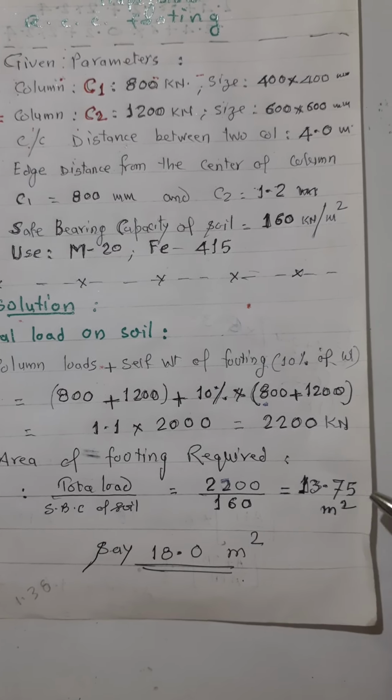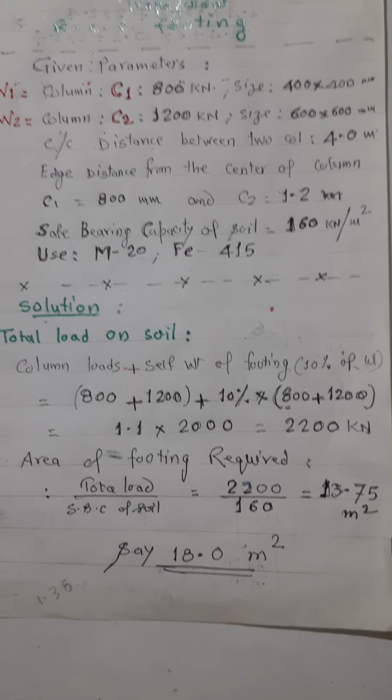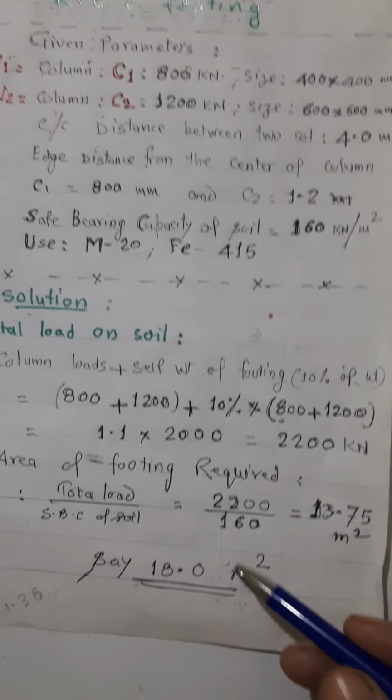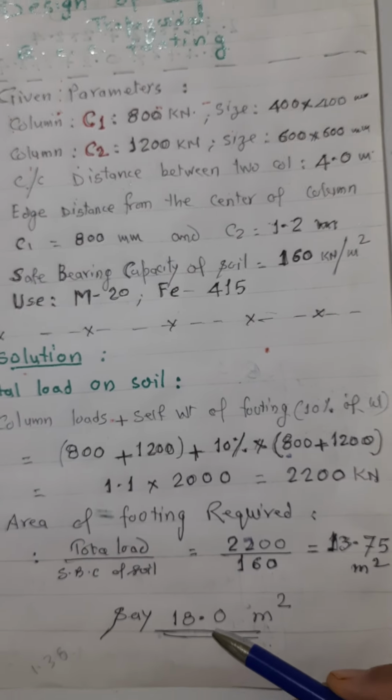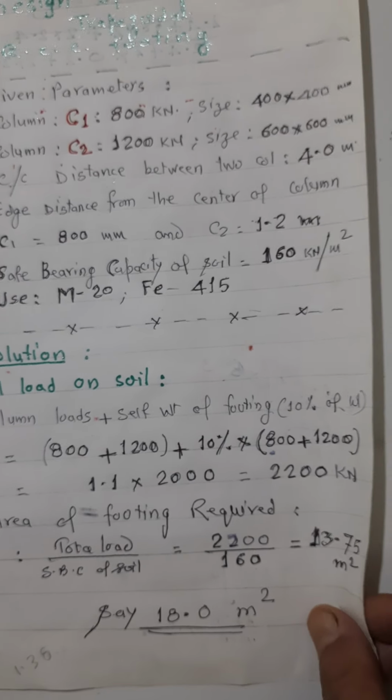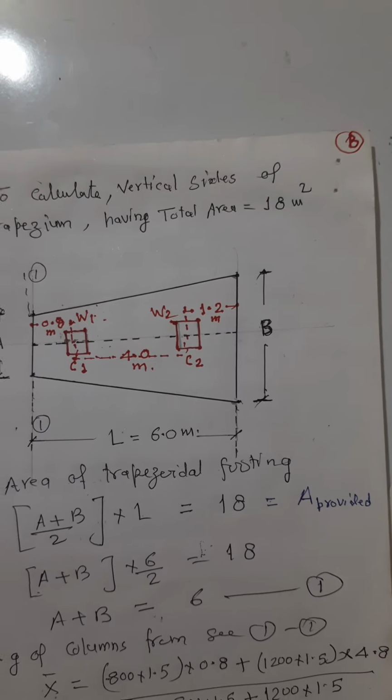It comes out to 13.75 meters square. Rounding it on the higher side, I call this say 18 meters square. Now, once we find this, the next part is to complete the trapezoidal part,